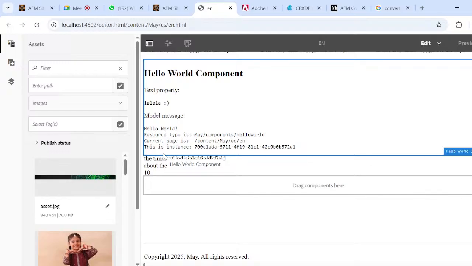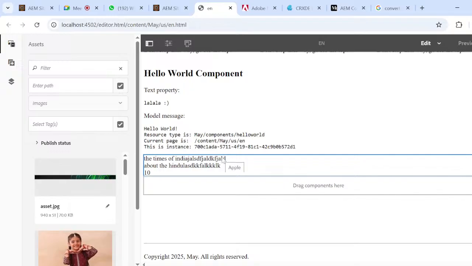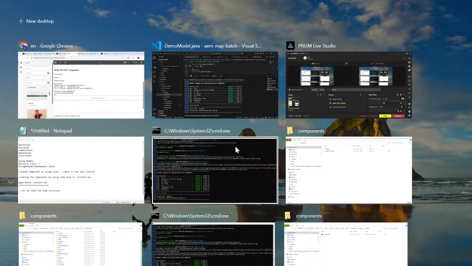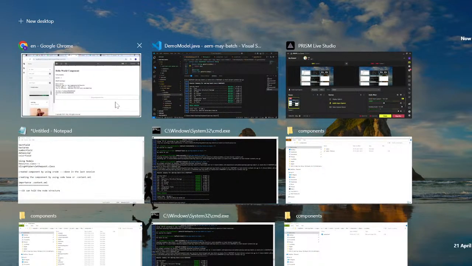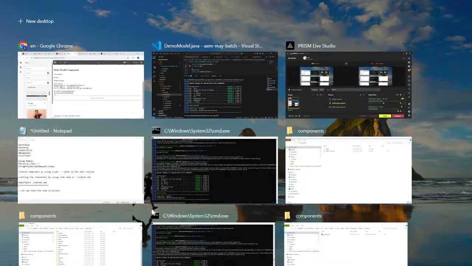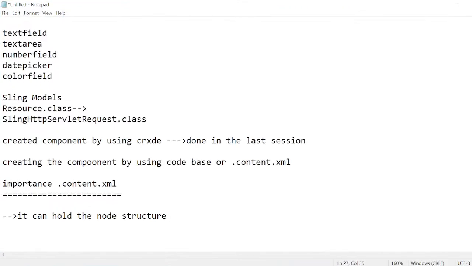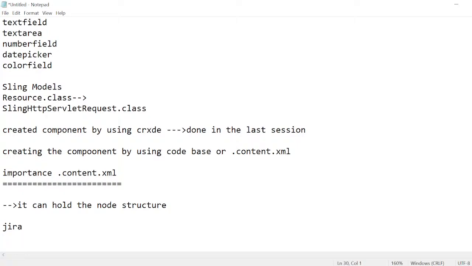Next we have, after this, everyone, are you familiar with the tool Git and GitHub? That I can also tell you. When you have spare time, you should focus on a few of the real-time tools. I will give the complete list. When you have spare time, you can go ahead and try to learn those. So Jira, next Git and GitHub,